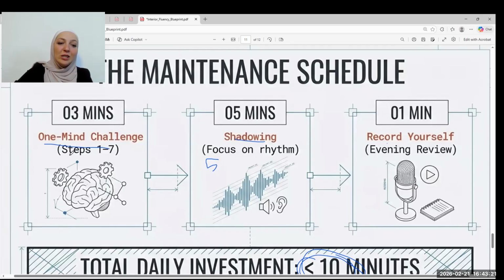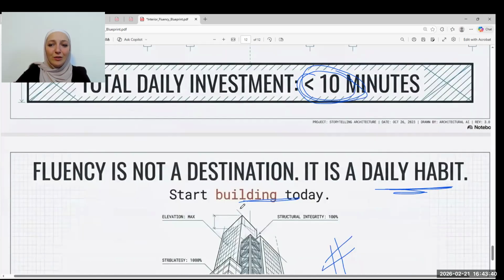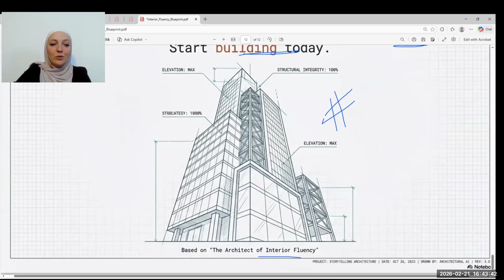The one mind challenge is only 7 steps. You build those 7 steps. It takes a maximum of 3 minutes, I think, or less. And then with the shadowing, 5 minutes. And then in the evening, I did those two things, so how about doing the recording myself and evaluating myself? Did I like what I hear? Right? So, to have it in a better way, we're talking about